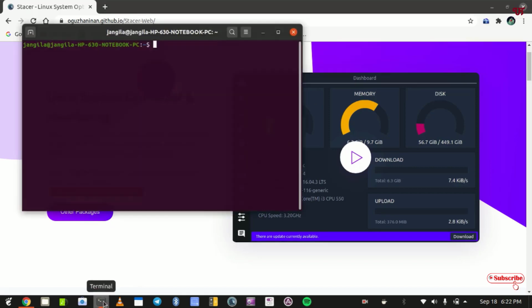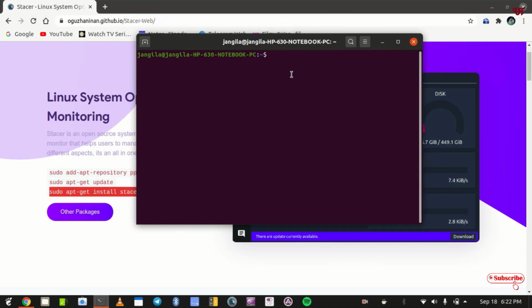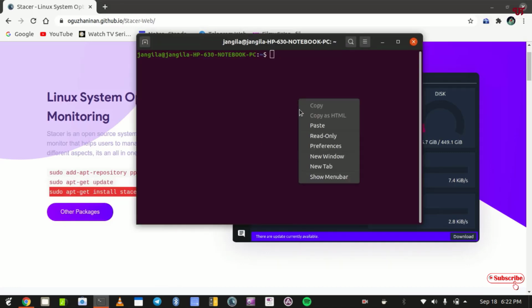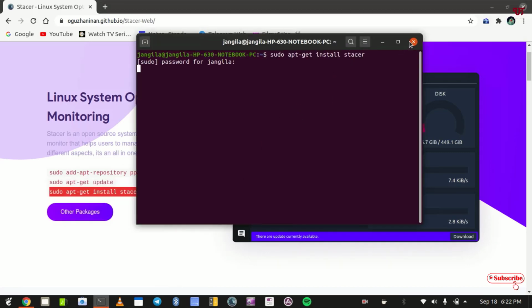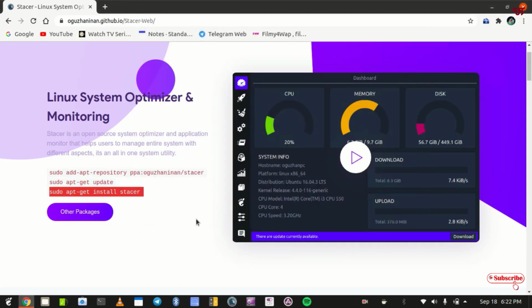As you can see, this is a terminal. Every Linux computer has this, so you can open this terminal, and here you can just paste that command. You can install this application using the terminal. I'm not going to install this as I have already installed it, or you can do one thing, you can click on this other package too,